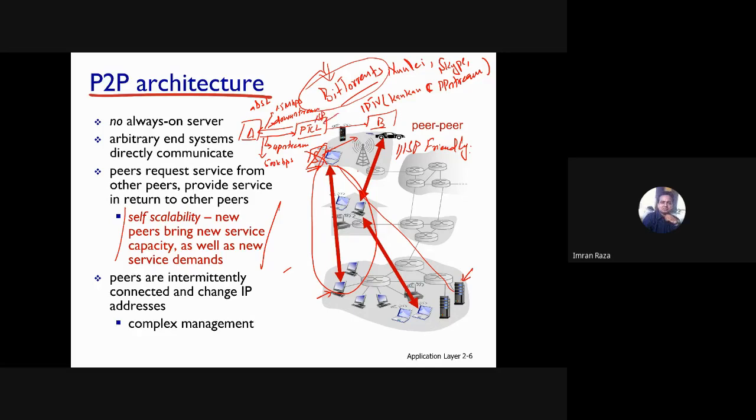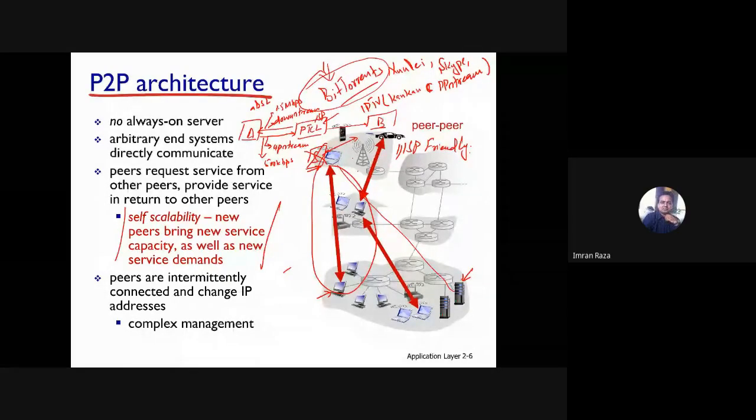So where is all of the load? Where do we have the load now? On the server or the ISP? ISP, sir. ISP, right?